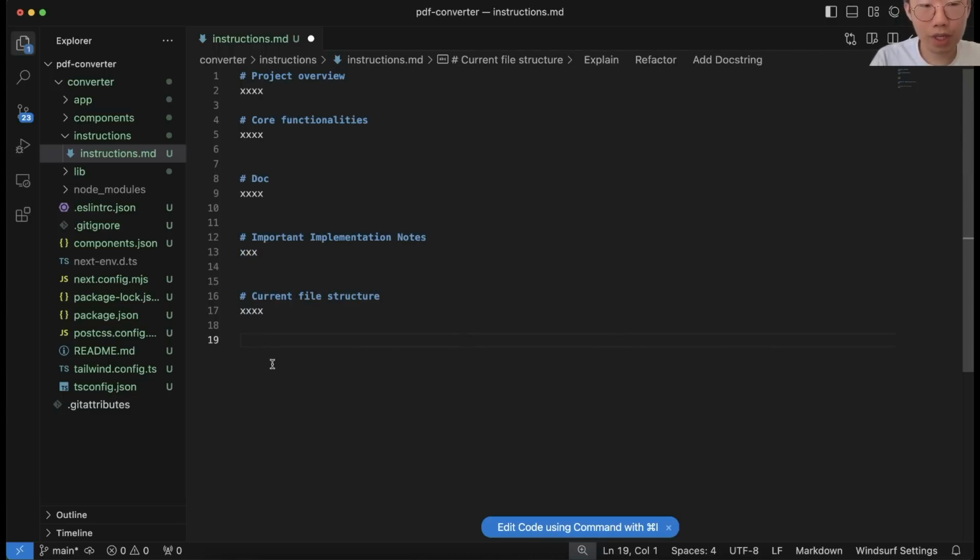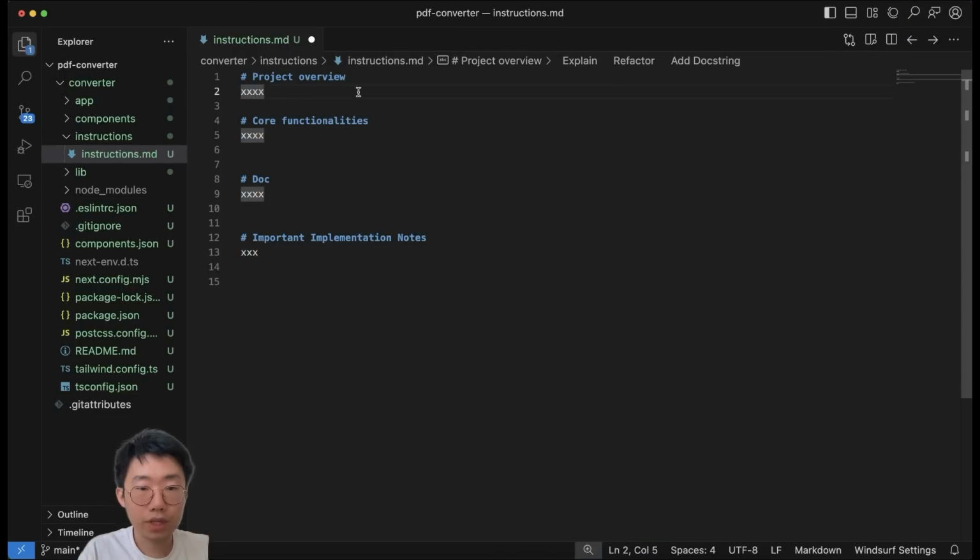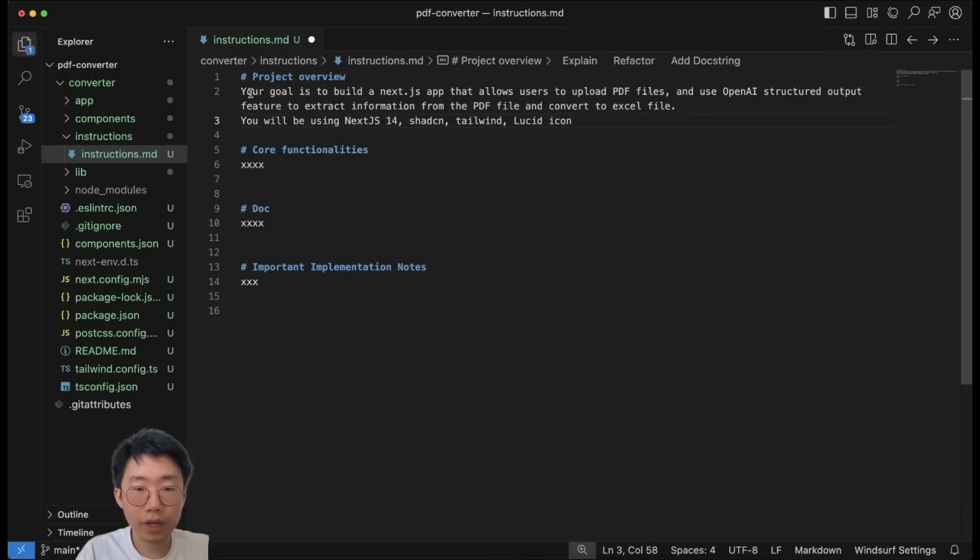But one really good thing about Windsurf is that it is really good at understanding your project structure. So I actually don't need to do this hack anymore to include the current file structure because Windsurf just gets it, but the rest of the content still remains relevant. I have asked the Windsurf team to confirm that as well, and this is their recommendation about how much information you should give upfront. So in our case, I will give this project overview: